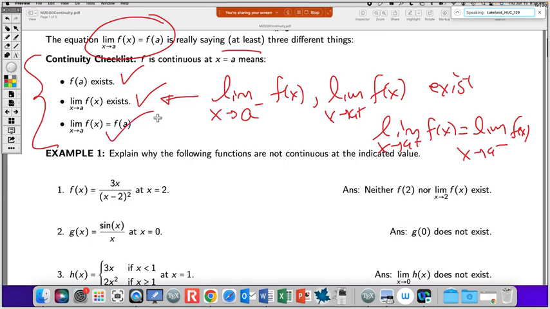So if something is not continuous, it's called discontinuous. So the prefix here is dis. Dis meaning not in this case. If something is discontinuous, all you have to do is show one of those things isn't true. Right? So to be continuous, all 3 of these things have to be true. So if one of those things isn't true, then it's not continuous. Okay? So for example,